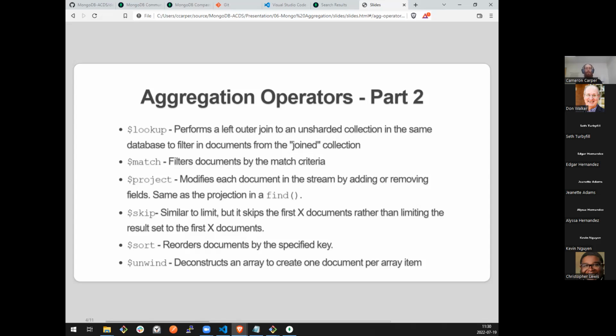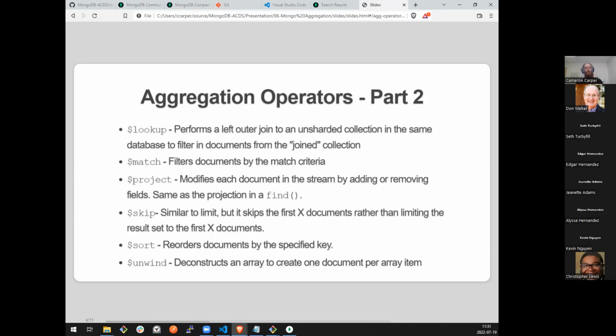Sort clearly sorts by whatever key you give it. And unwind is very special to Mongo. I think I've seen some PL SQL functions named explode that are kind of like this, where you take in one record or document and you turn it into a bunch of documents. That's what unwind does, specifically on an array.